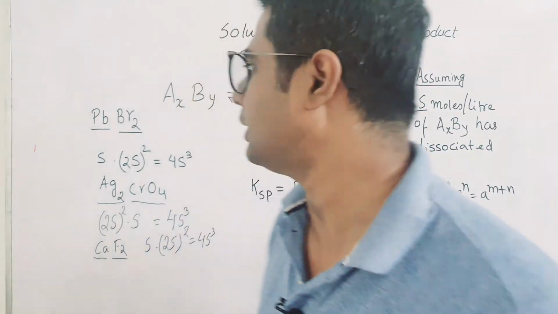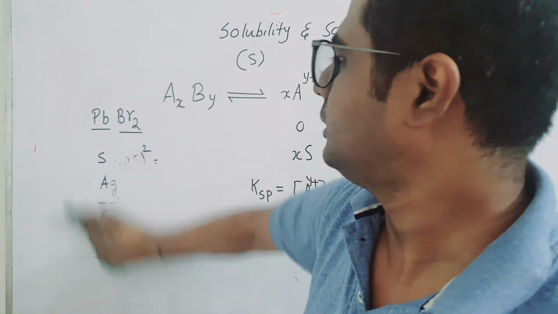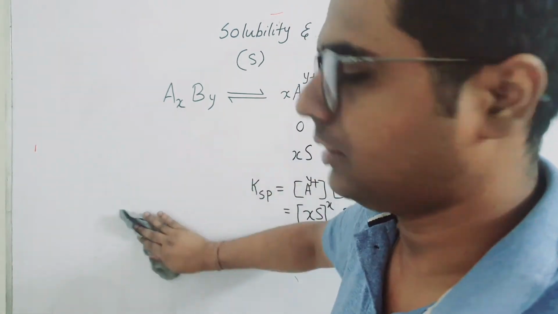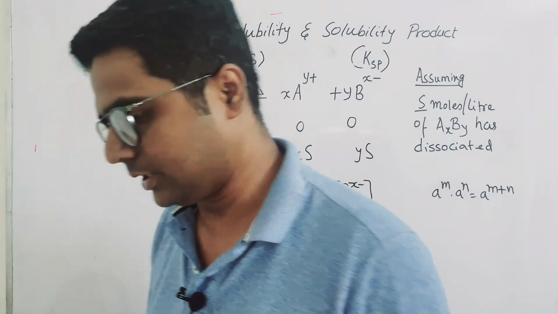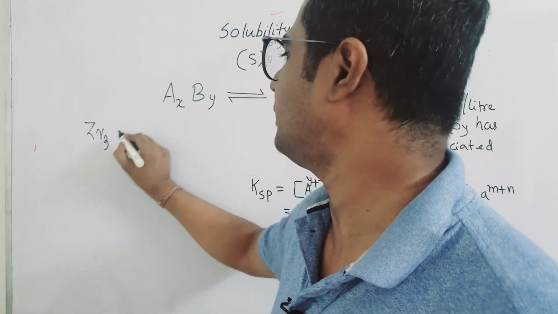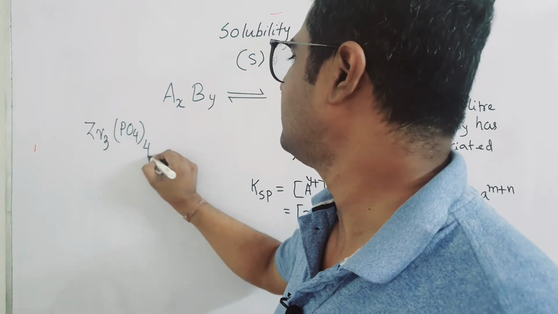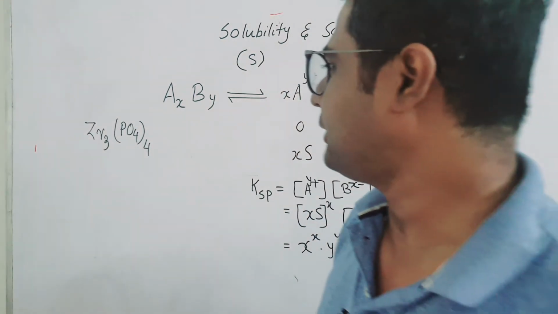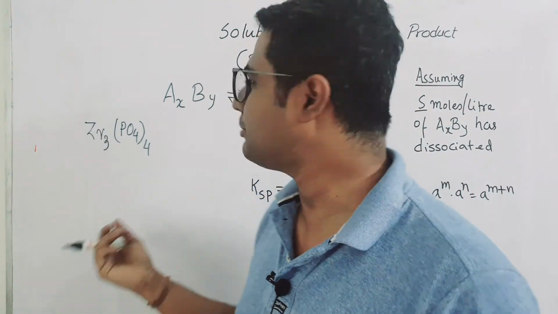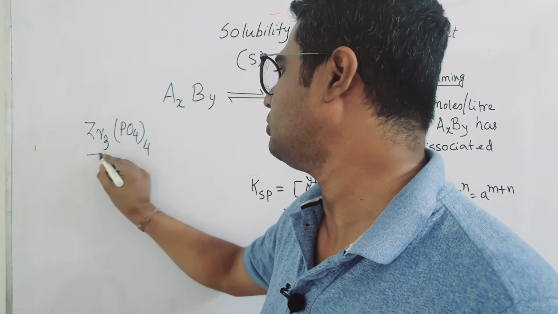That is very important. At the end of the day, if you are not able to do it, then this teaching or this lecture is futile. Okay? If you are able to do it, then it is very useful. Next, zirconium phosphate. I am taking this because this came once in JEE Main. So it is an important one and it's a little bit tricky, nothing else. So no tricks are there. If you follow the same thing, it will do.